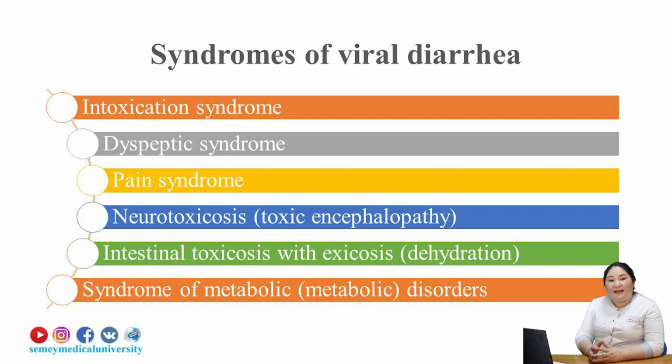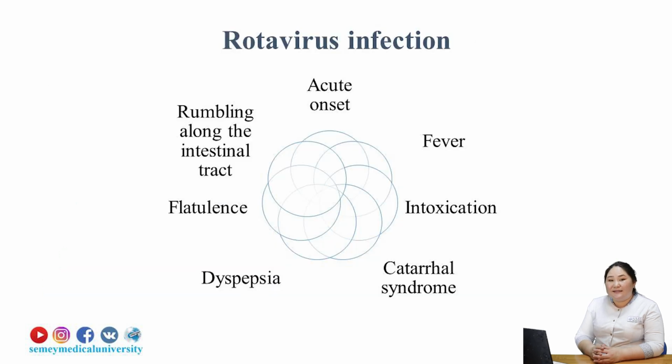Syndromes of viral diarrhea. Viral diarrhea mostly proceeds with intoxication syndrome, dyspeptic syndrome, pain syndrome, syndrome of neurotoxicosis, intestinal toxicosis with exicosis or dehydration syndrome, and metabolic syndrome also. The first infectious disease proceeding with the classical osmotic type of diarrhea, a viral intestinal infection, is rotaviral infection. These viruses will damage our GIT tract